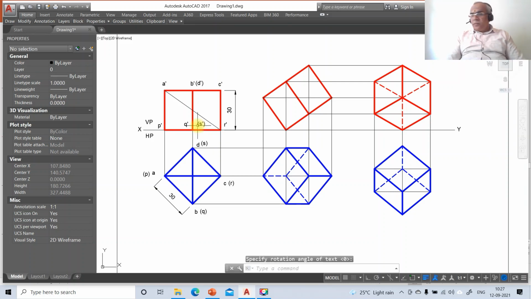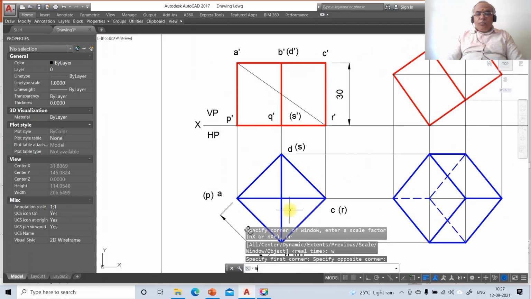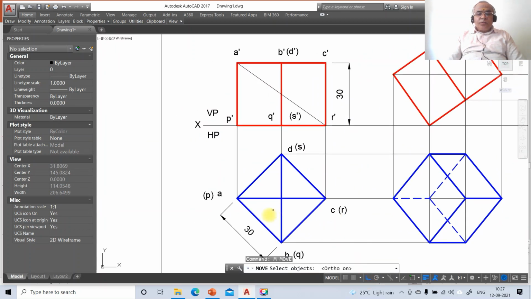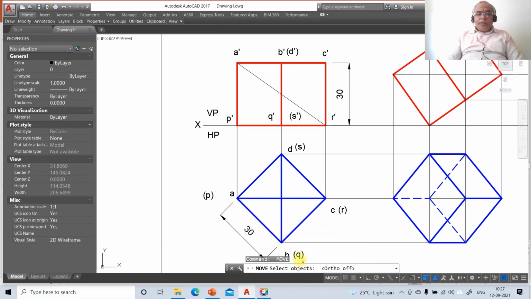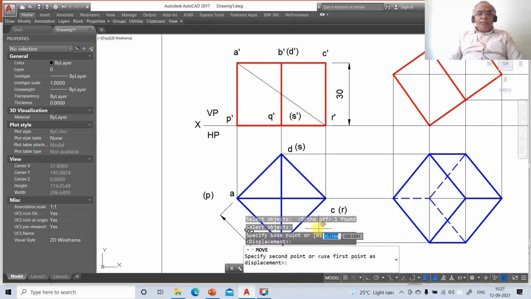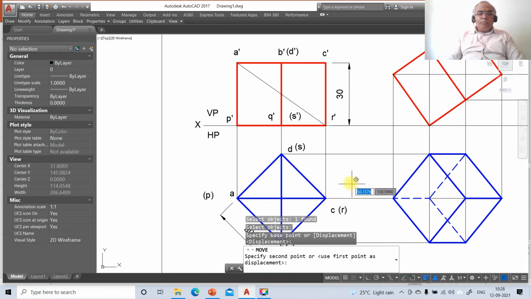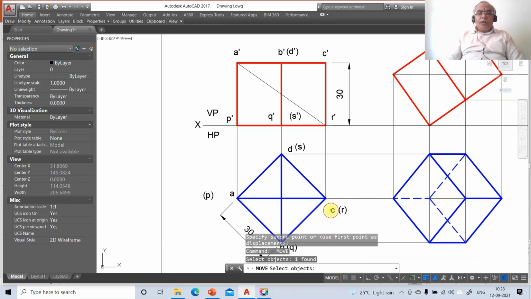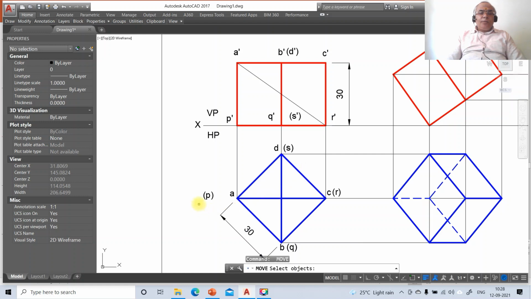Now once you do that, you come down to zoom window, then go to move, switch off the ortho mode, you take it as A, you move this as B, you come down to Q, then you mark it as C, you mark it as R, you mark it as D, you mark it as S, and you mark it as P,